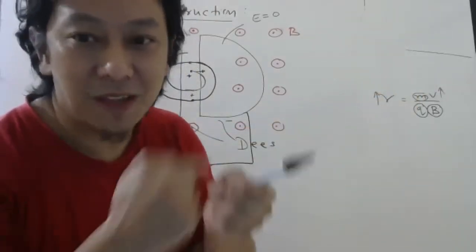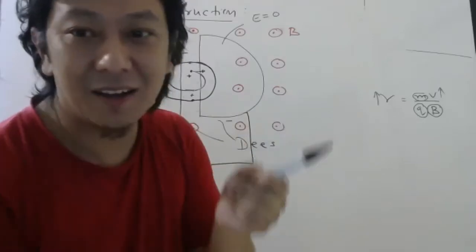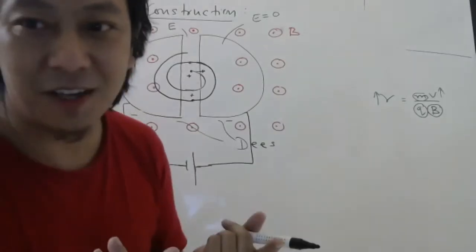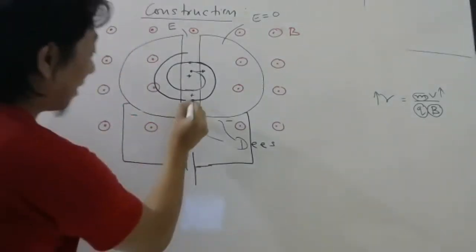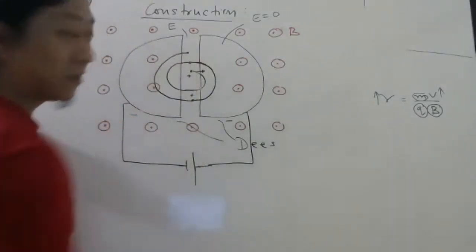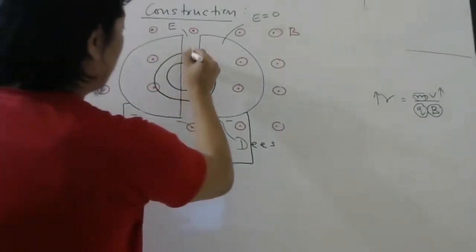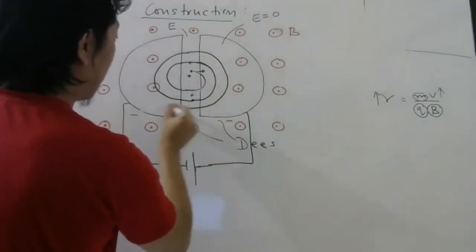Who is making it move in this circular arc? Magnetic force due to magnetic field. So we are not ignoring magnetic force. Again when it comes here, again change the terminal. So it will move faster every time it comes.